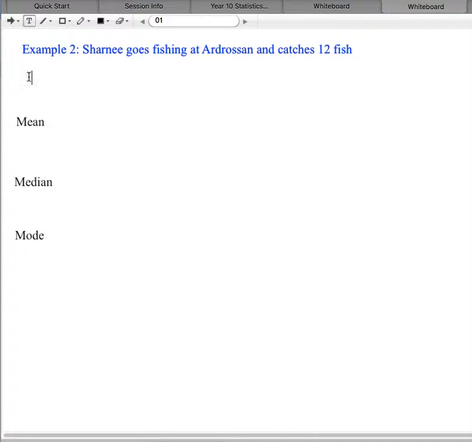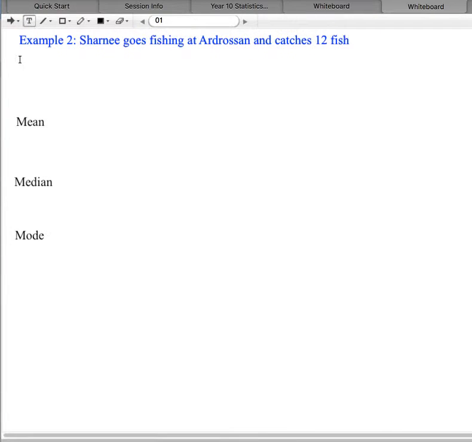Oh, okay, sorry. So just up here, like below where it says example 2, Shani goes fishing at Drossen and catches 12 fish. Can you list just below that in a line 12 numbers ranging from 18 to 40 centimeters? So that's the measures of the fish that you would have caught, but have them ranging from anywhere from 18 to 40, and then some numbers in the middle that might repeat, but I don't want them ordered, okay? So it could be like 38 centimeters, 18 centimeters, 24 centimeters, 32 centimeters, 30 centimeters, 28 centimeters, 38 centimeters, 40 centimeters, you know what I